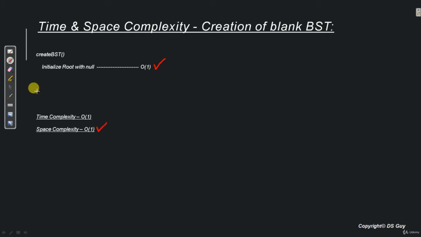Fine. Now let's see how we can search a given value in a binary search tree. Now you might be wondering why we are learning the search operation first instead of inserting a node in a binary search tree. There is a reason behind it, and the reason is when we are inserting a new node in binary search tree, we will be using the search operation. So it is important that we first understand how the search operation works, and then we'll go to the insert operation. So let's see how the search operation works.